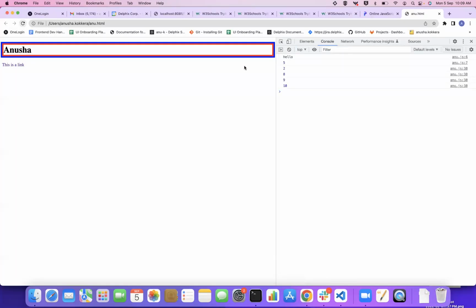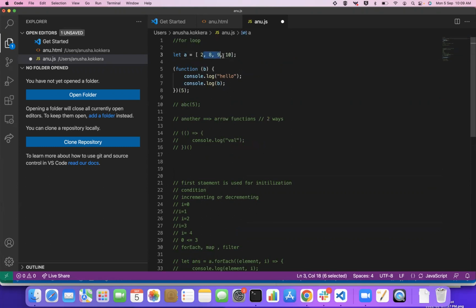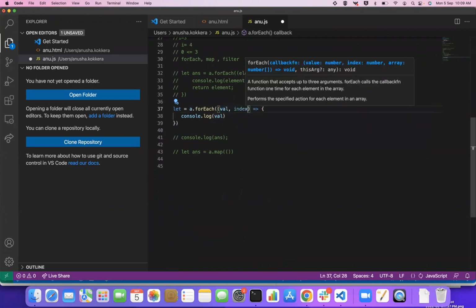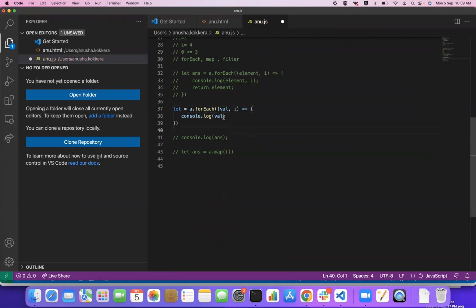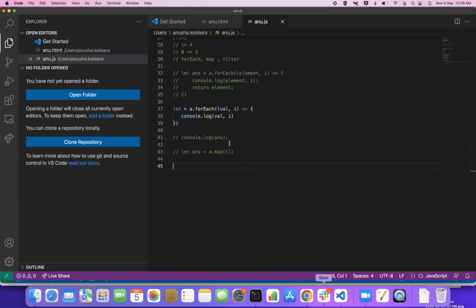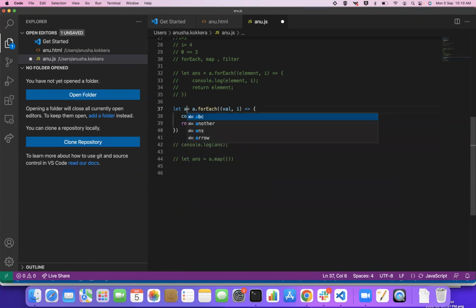You can see 2, 8, 9, 10. So it will loop through every element in the A. Suppose if you want to know some index, you can just specify one comma and you can give the index or i, and you can just print its index. Understood the forEach concept? Yeah. Suppose if you try to return some value for each iteration,